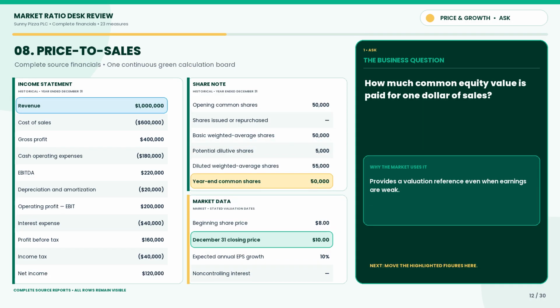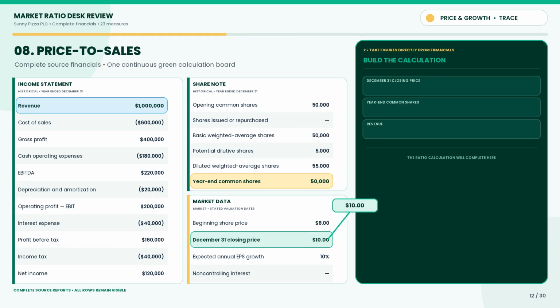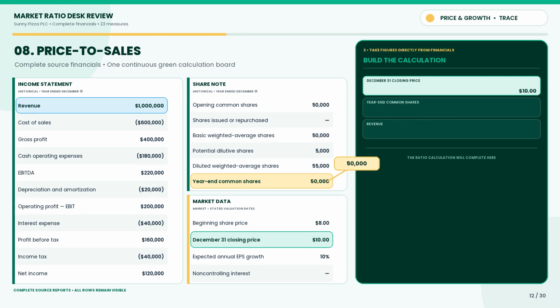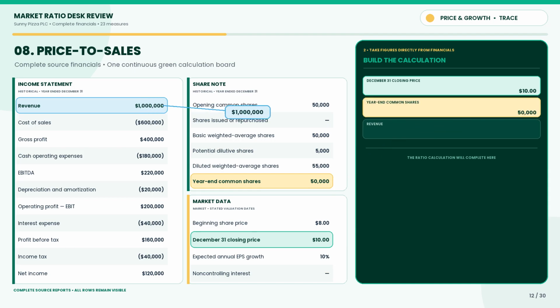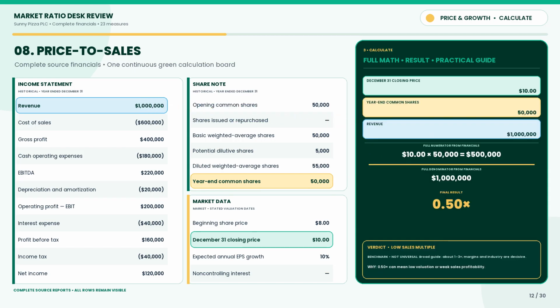How much common equity value is paid for $1 of sales? Provides a valuation reference even when earnings are weak. Divide $500,000 of market capitalization by $1 million of revenue. Price to sales is 0.5 times. A price to sales ratio of 0.5 means common equity is valued at 50 cents for each dollar of annual